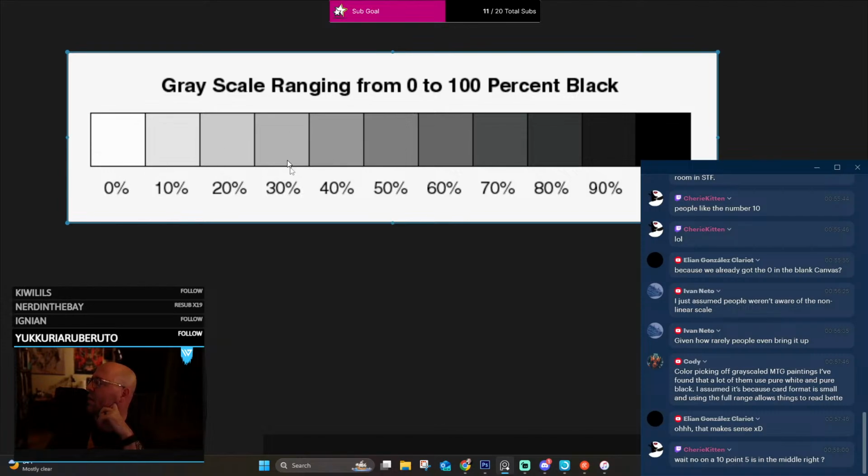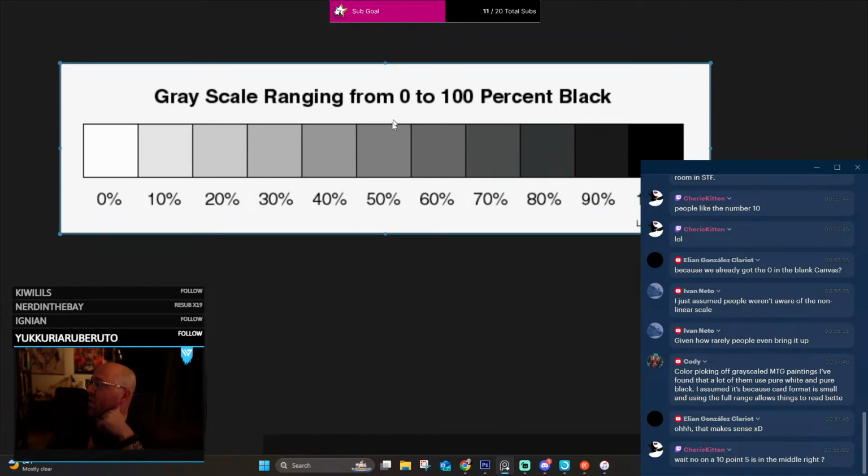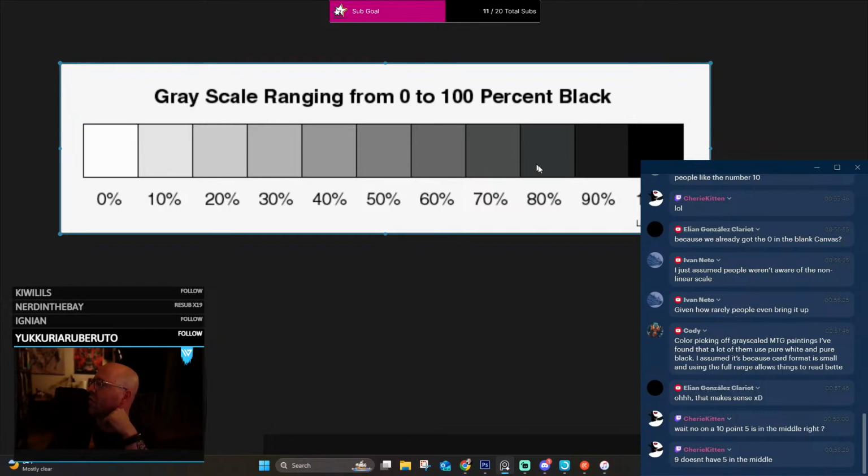One, two, three, four, 5. 1, 2, 3, 4, 5. So now you're seeing why the numbers don't matter. Do you see what I mean? Because yes, on this one, 5 is directly in the middle. You have 1, 2, 3, 4, 5 on this side, and then 1, 2, 3, 4, 5 on this side, but that's 11 points.